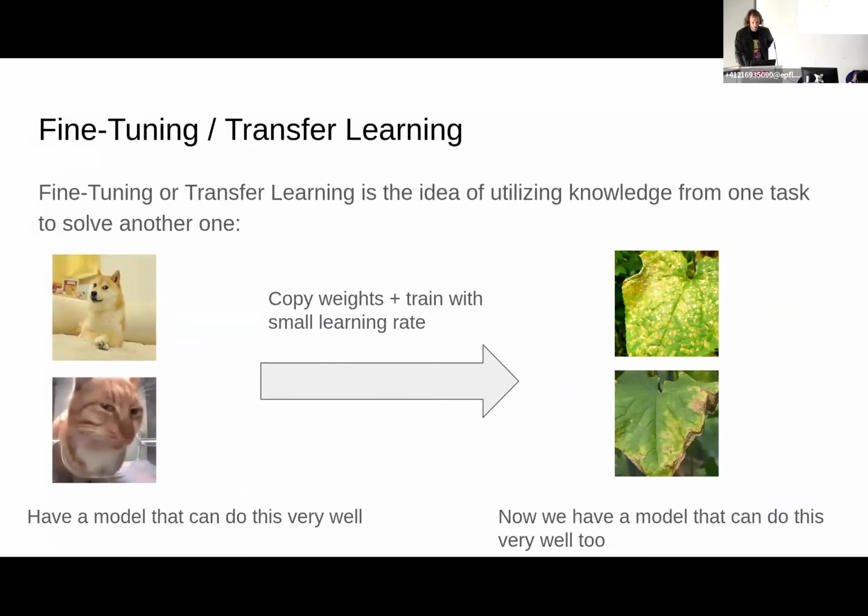So why do we like ResNet? Because we can train it once and then utilize it for any downstream tasks that we want, using the same pre-trained weights that we had. What do I mean? So there is an idea of